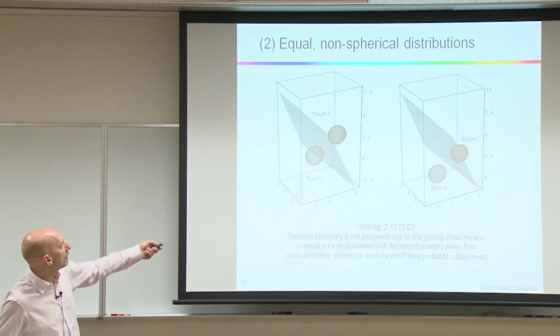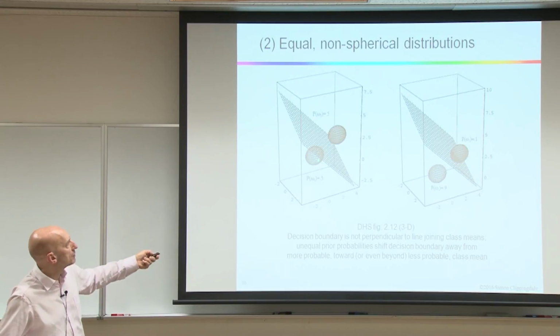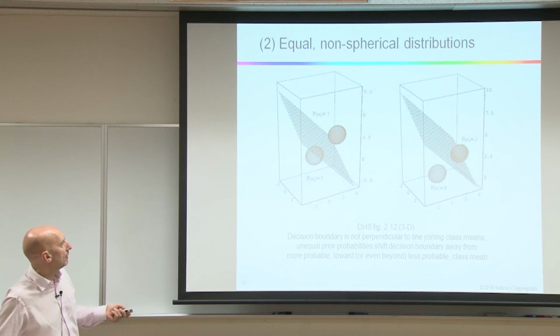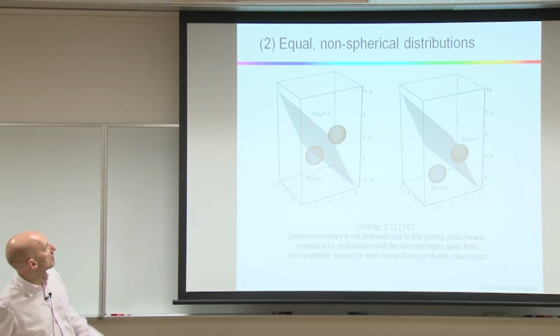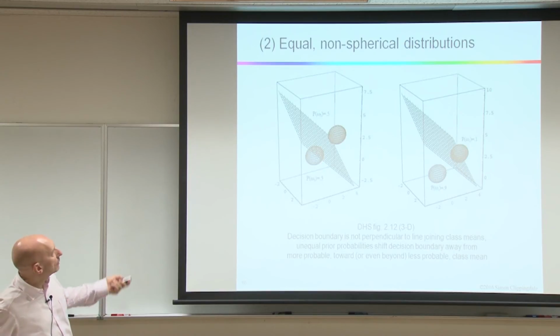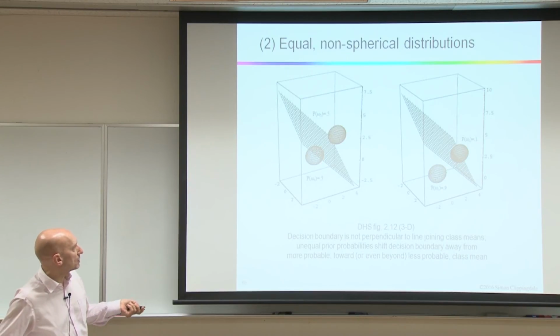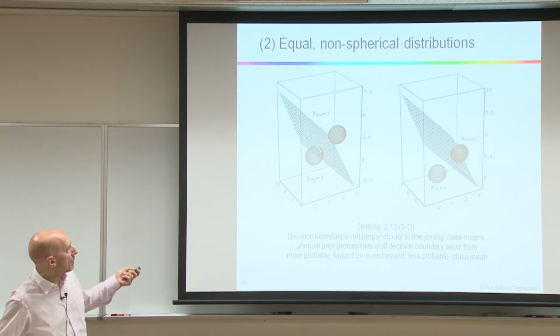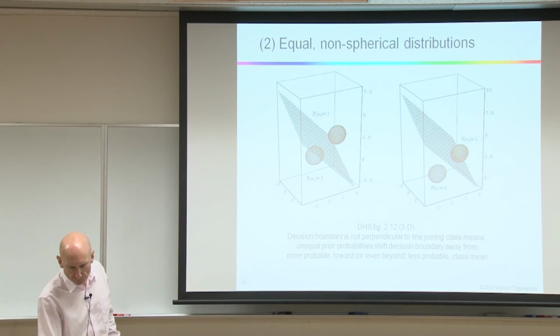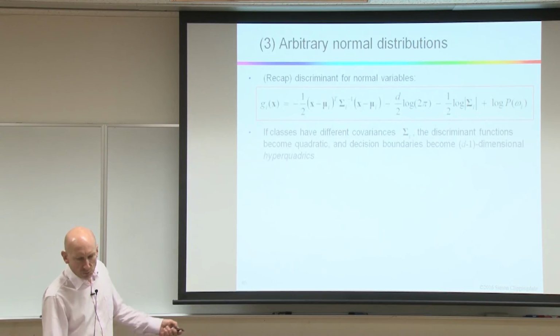In a spherical case, here we've got two spherical distributions. Again, the decision boundary now, it's kind of difficult to tell in looking at this particular picture, but the decision boundary now isn't perpendicular to the line between these classes, it's tilted. Last one,